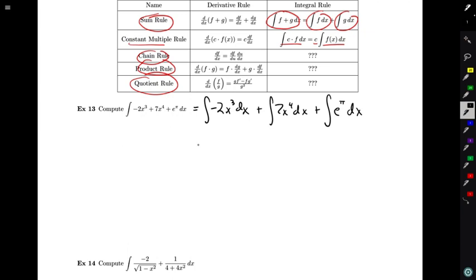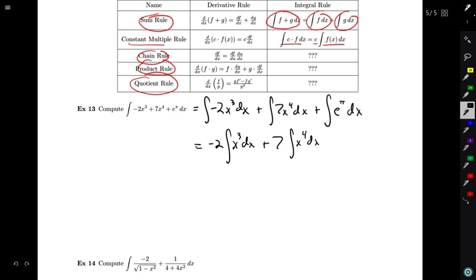So we're getting a little bit better here in the sense that I maybe don't know a rule for taking the integral of minus 2x cubed, but I do know how to take the integral of x cubed. So we're going to apply my constant multiple rule right now and factor that minus 2 out front of the integral. So this is minus 2 integral of x cubed dx plus 7 times the integral of x to the